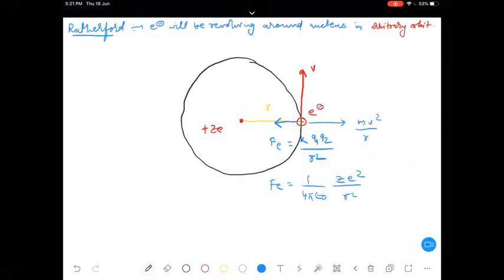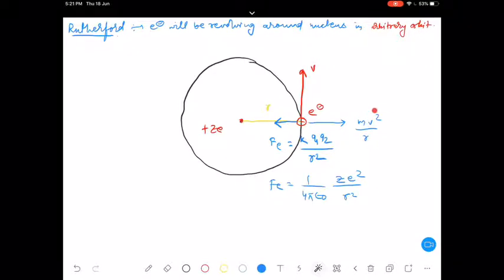Isn't that right? Now, if this electron is revolving around the nucleus in this arbitrary orbit, even if it is moving in an arbitrary orbit, these two forces must be balanced for the time being. At this particular position, these two forces are balanced right now. Any confusion, any doubt up to here? Which means at the given moment, K Z e square upon r square is equal to mv square upon r, correct?